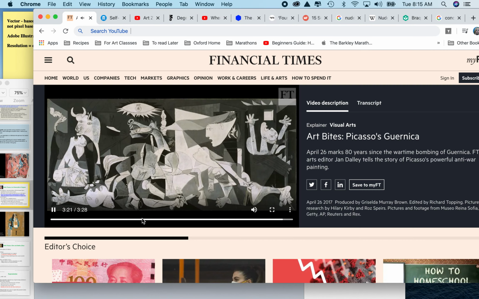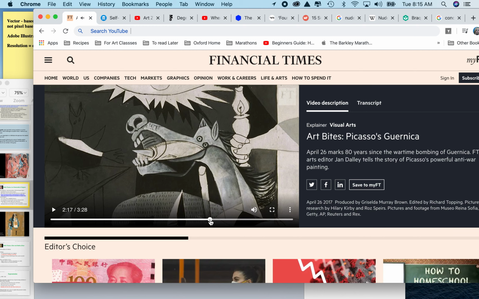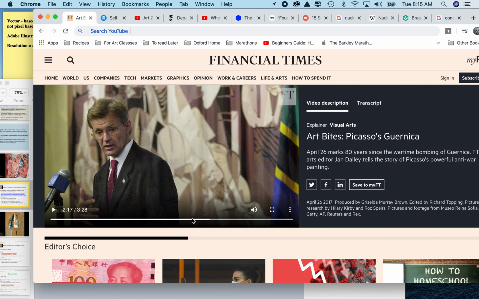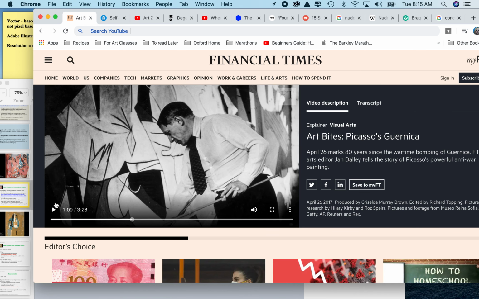So you can see, by the way, the powerful issue of scale. One of the reasons why I think that everyone should actually physically go to a museum is to look at the scale of this piece. It's so much larger than you think it is.